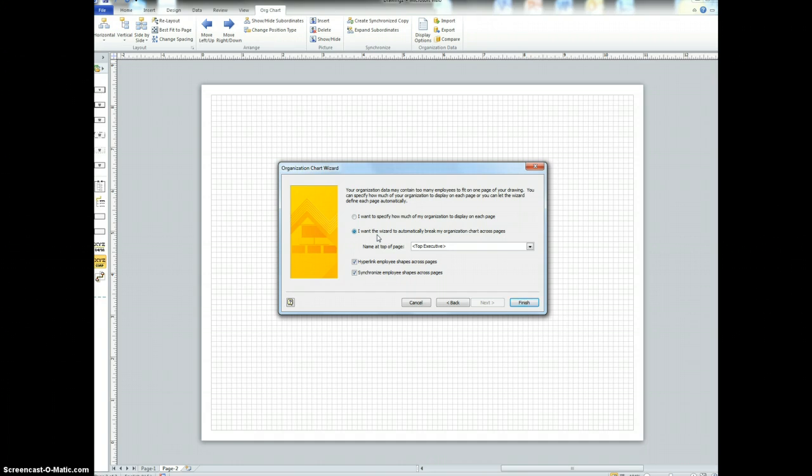So when you have many pages, a huge long list of employees, it's really beneficial to do this so that the wizard automatically breaks. Since we only have about 20 employees, we'll keep it as this, but you'll only see it on one page. So now we also want the name at the top of the page to be Global Functions, because Jane Lopez is in charge of all global functions. We'll click that, and we'll keep these checked. Then you hit Finish,